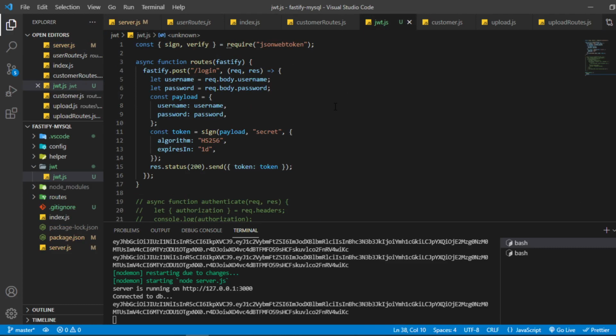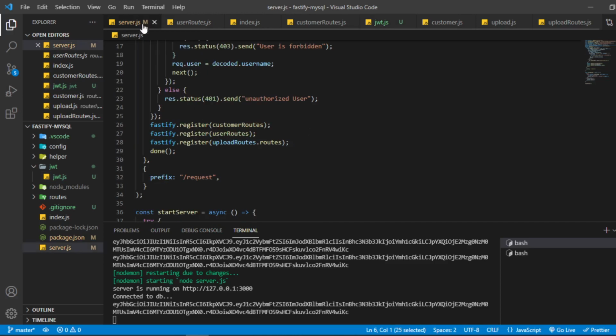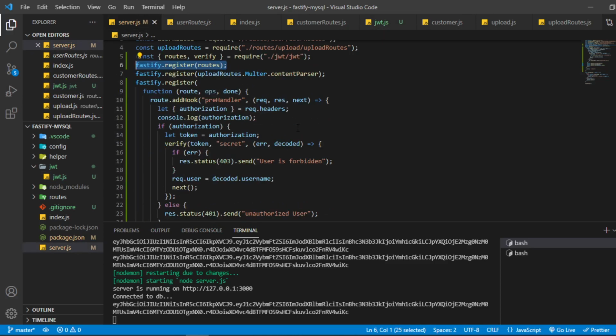Then we will verify the token, and after that we will be saving the password with encryption. After that I will change this whole Fastify application into Express, and you will see the difference.